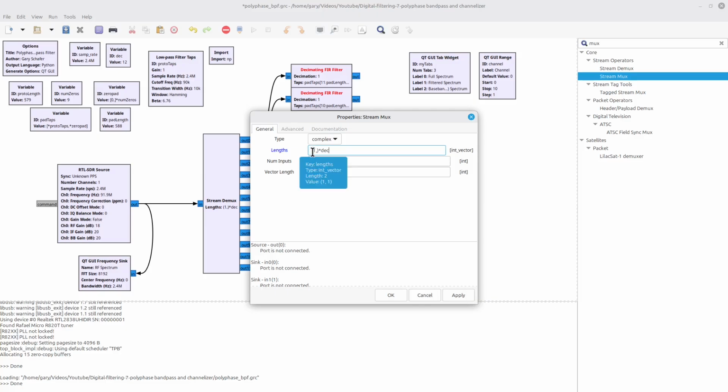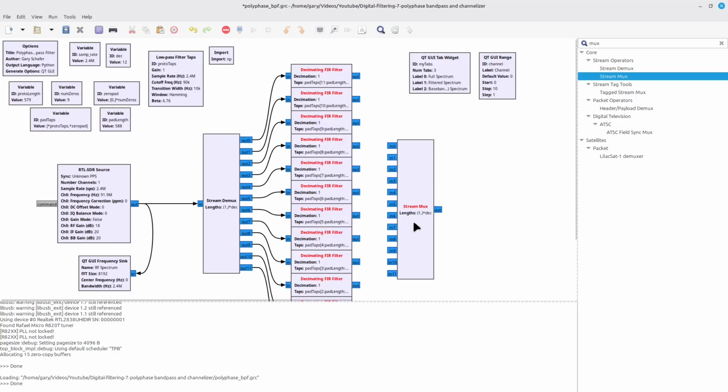I'm going to say the length is just going to be a 1 multiplied 12 times, so that I wind up with a vector of 1s. So I can just see that real quick. There I can see the value is just a vector of 12 ones. And then the number of inputs is going to also be 12, which is DEC.